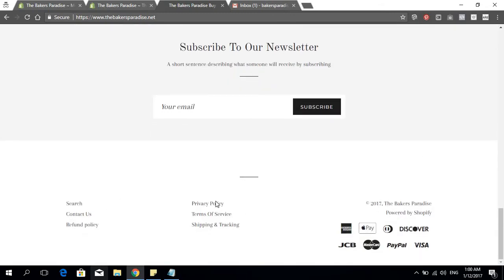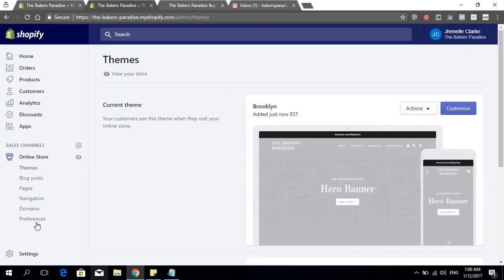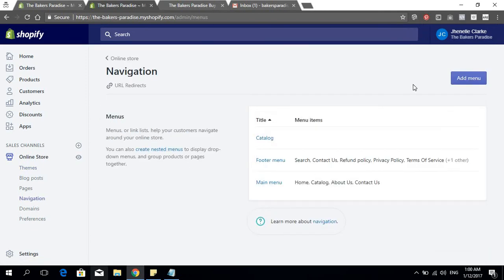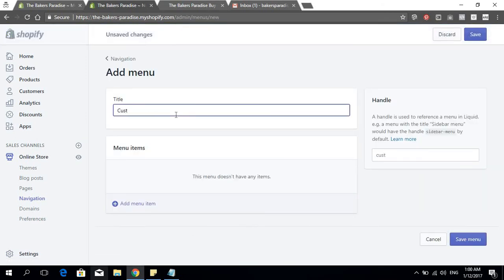So here's our footer menu, splits it in two. If you use another theme, then you probably will need to create a different menu in the navigation called customer service. As a matter of fact, let me just go ahead and do that. So add menu and do customer service,